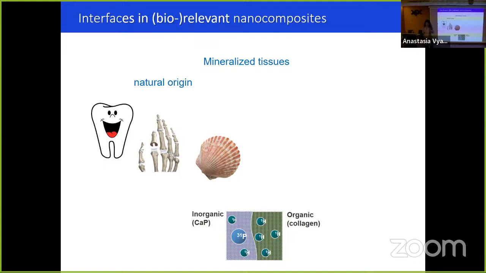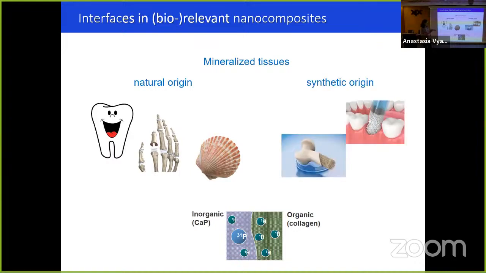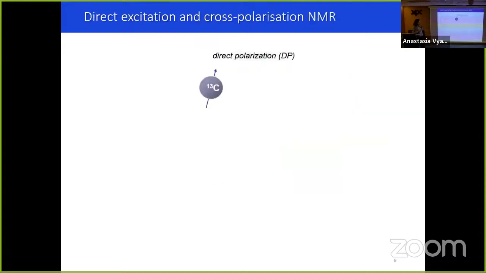And the material properties of hard tissues are defined mainly by interfaces. Therefore, bone is so elastic and at the same time hard and strong. The aim of research is to learn from nature how to build such sophisticated materials and implement this knowledge for the design of artificial materials, for example, artificial bones or dental tissue, which are capable of self-healing. And we want to concentrate on the studies of